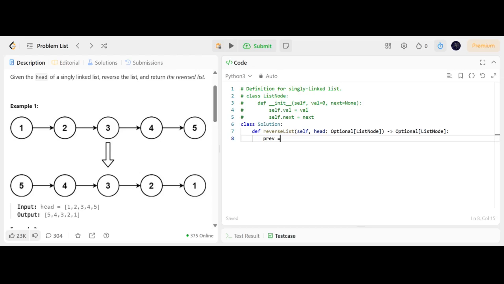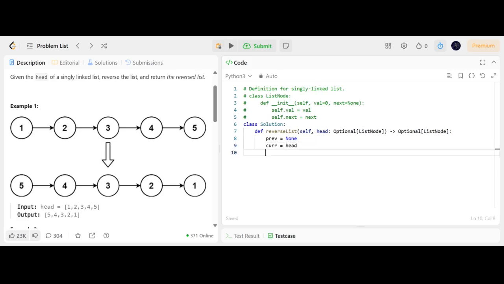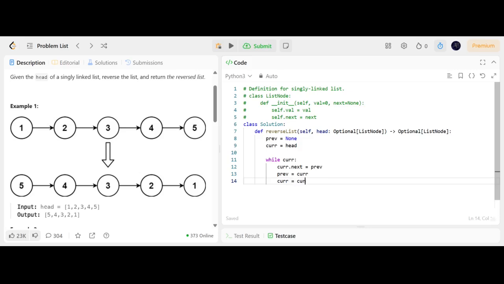So we can start coding the solution up. Let's start off with our previous pointer. We'll set it to none because we're assuming we're starting off at 1, for example, so we have nothing in our previous pointer yet. And our current pointer is going to be equal to the head of the linked list that we're given. Then we're going to say while our current pointer is not at the end of our linked list, we'll set our current.next pointer equal to our previous pointer. We'll set our previous pointer equal to our current pointer, and we'll set our current pointer equal to our current